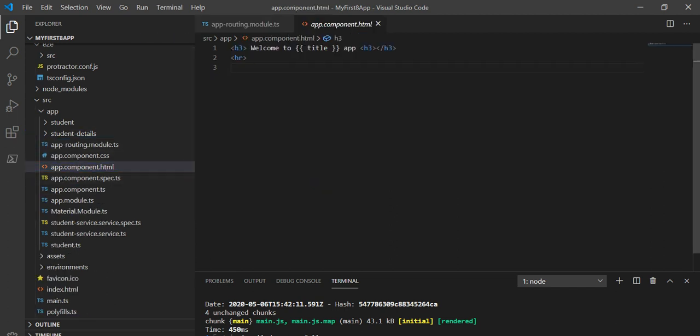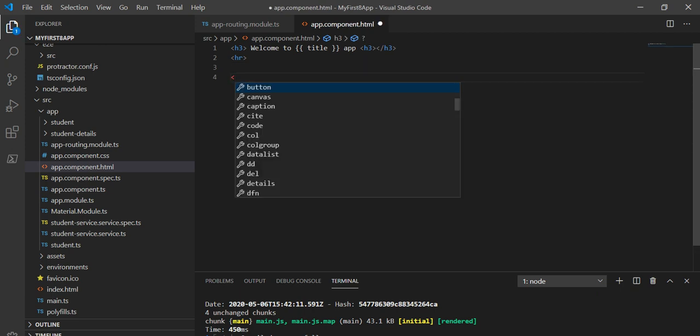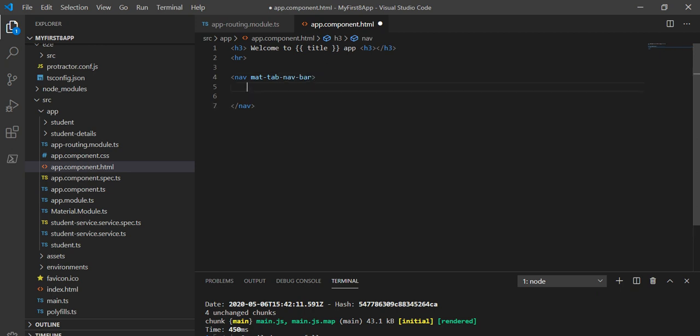Now next, we have to define all this in the app.component.html page. Here we have to make the tab and the routing to fetch the data. So take one nav, because it's for making the tab, and here basically mat tab nav bar, and inside this we will take the link, the same as mat tab link.